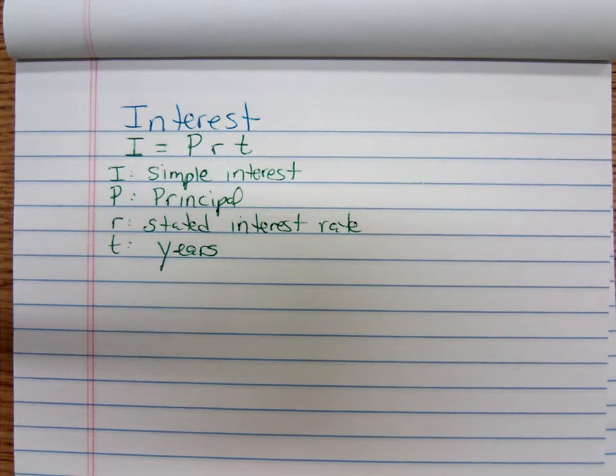If it told you 36 months, you would need to convert that to years. How do we convert 36 months to years? Well, you would divide by 12. Okay? Now,